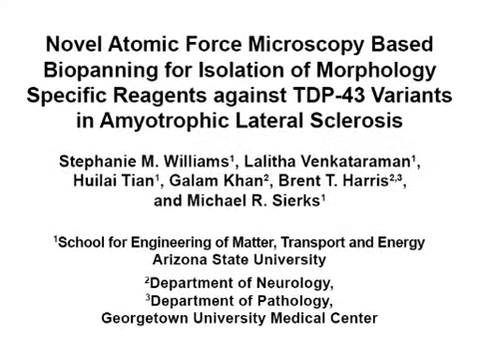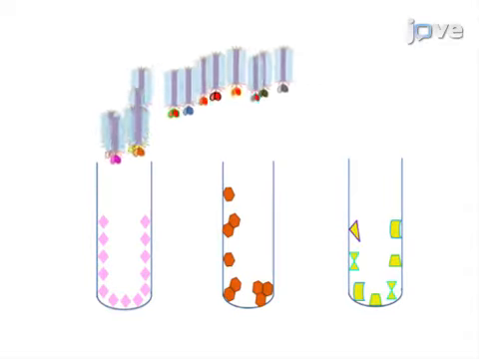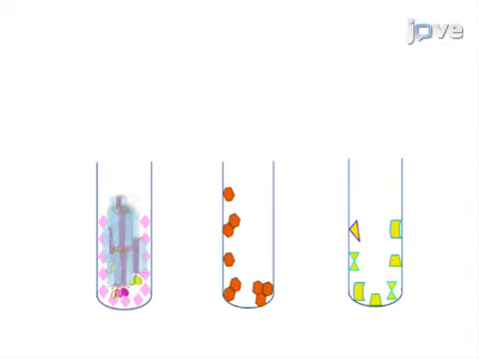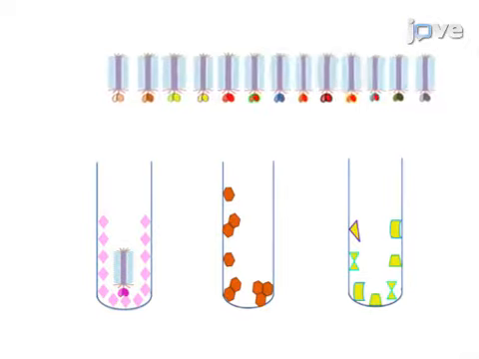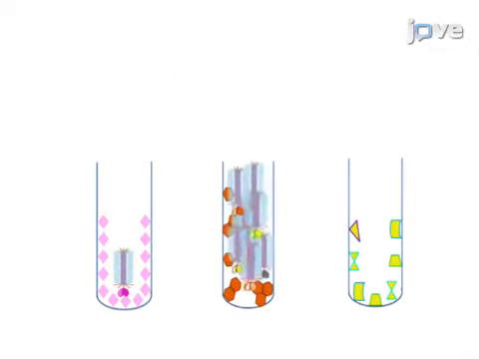The overall goal of this procedure is to isolate morphology-specific reagents against TAR DNA-binding protein 43 variants present in ALS, utilizing a two-phase AFM-based radiopanning technology. This is accomplished by first subjecting a diverse phage library to multiple rounds of negative panning against off-target antigens using